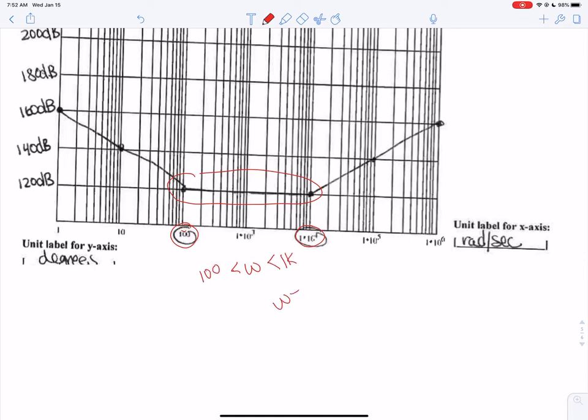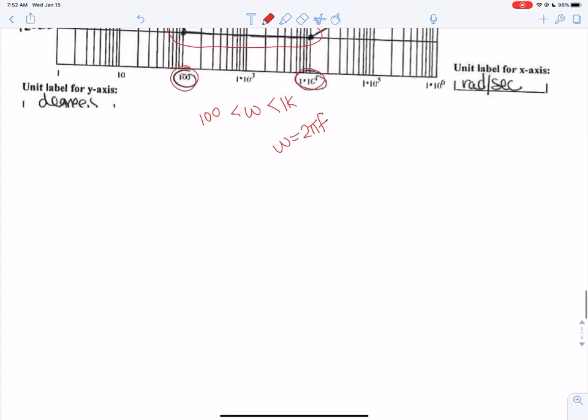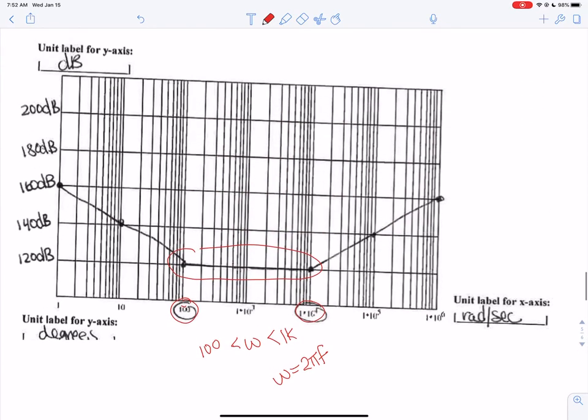And again, if you want to convert back to frequency, which you usually understand better as far as hertz, you can convert it by omega equal to pi f. So this concludes the information about the operating region for